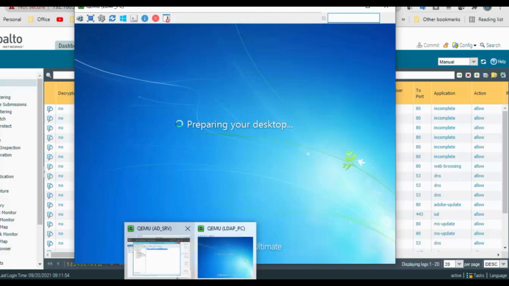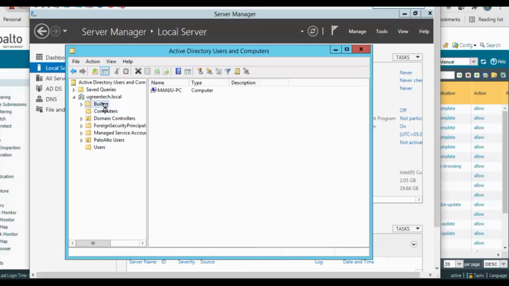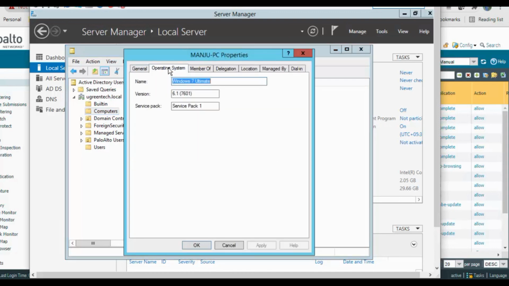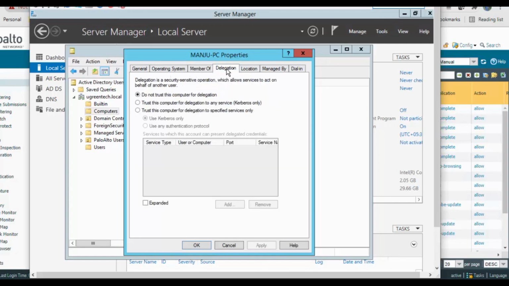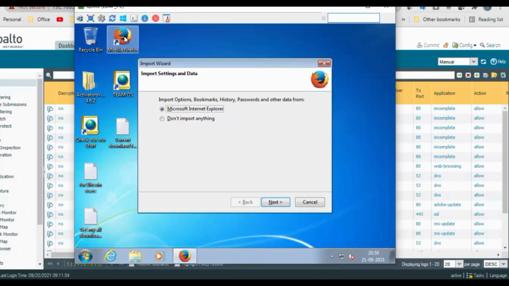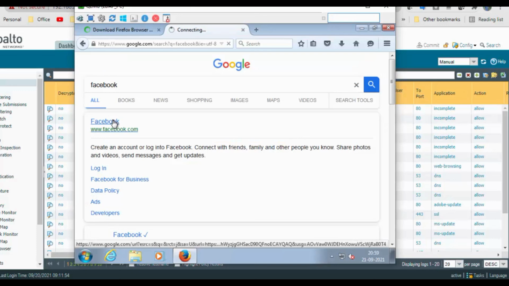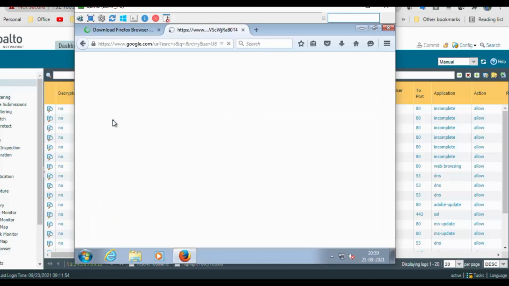So let's try to check. You can see the computer. We see the computer operating system, number of designation, general information. Okay, now try to generate some traffic so we can check the logs. Why am I able to connect to Facebook? Because I have already enabled the rules. Due to that, I'm able to reach from DMZ to outside. I will show the rules and line details as well. Just a few minutes.